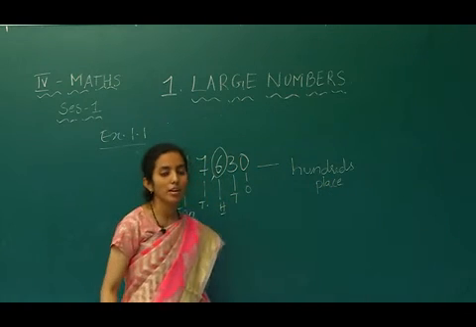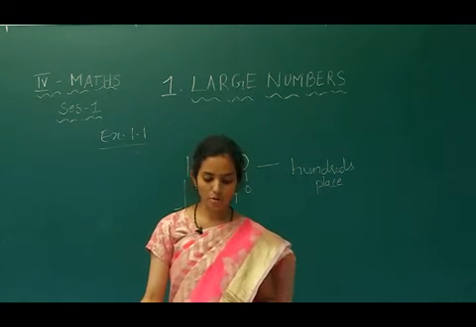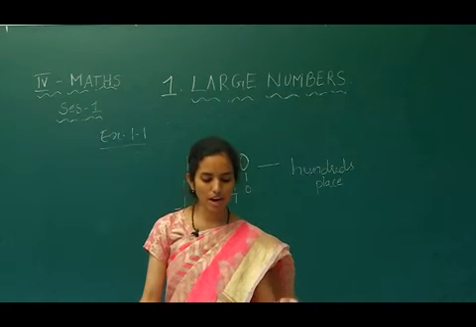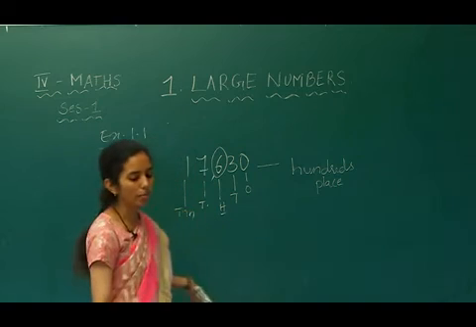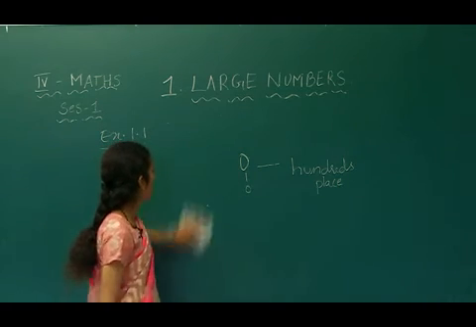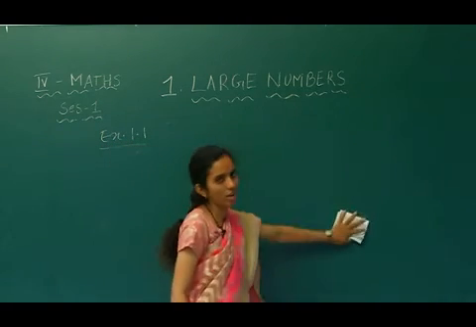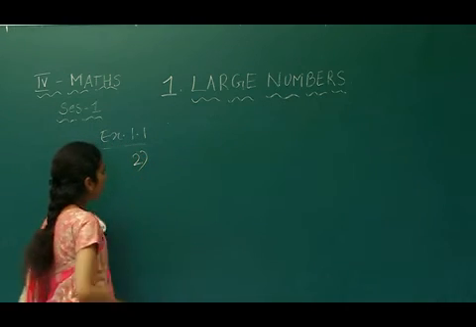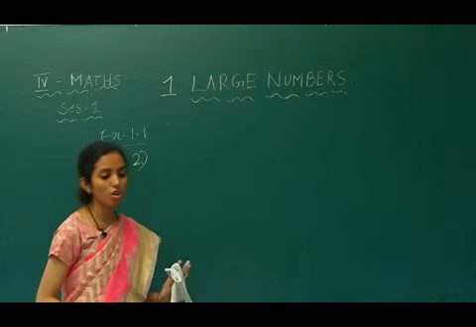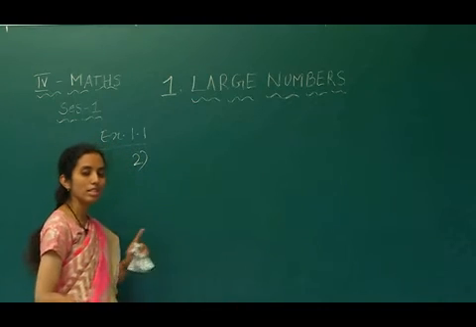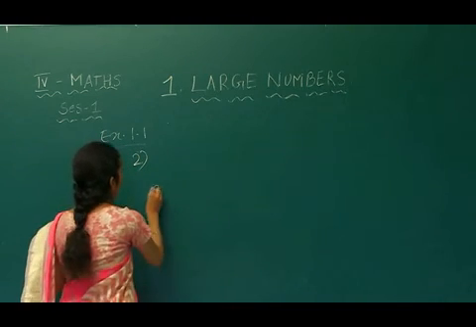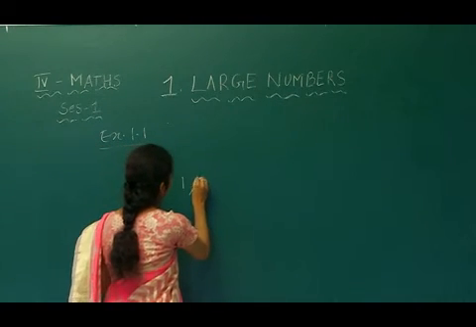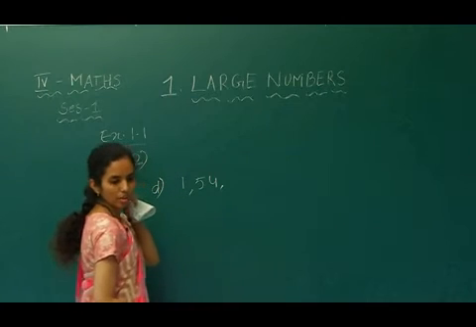In the same manner, remaining examples I want you to do. Then coming to the second question, make the place value chart for the following numbers. He is asking us to make the place value chart. That is also very important and very easy. Second question, I wanted to solve the last problem because it is big in number, so that you will understand it more. That is D bit I am doing. 1,54,347.